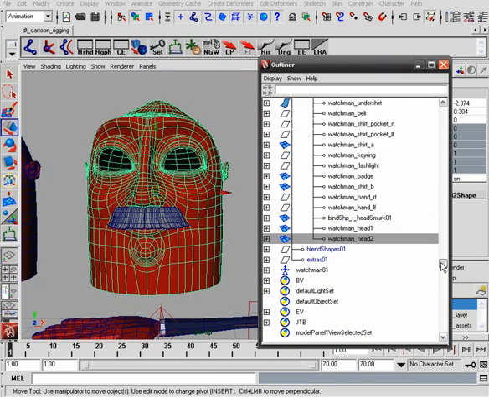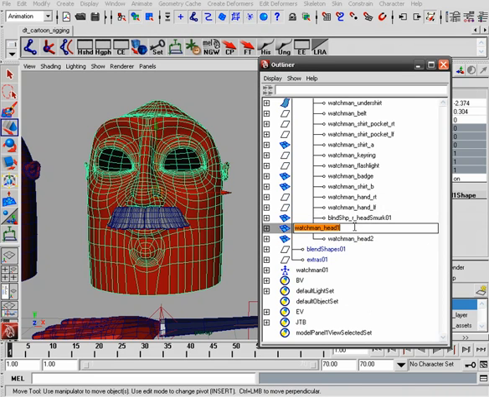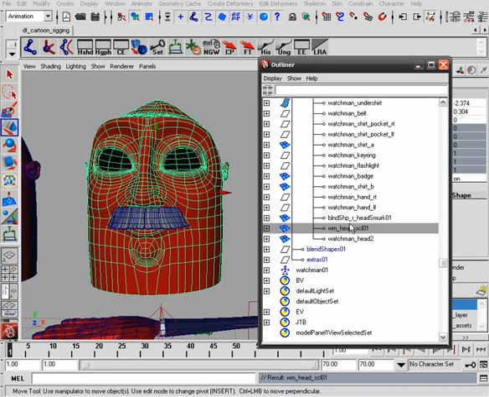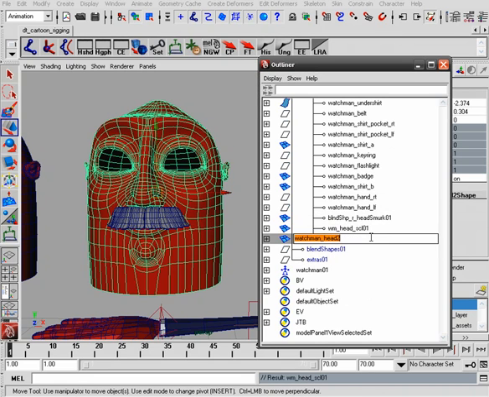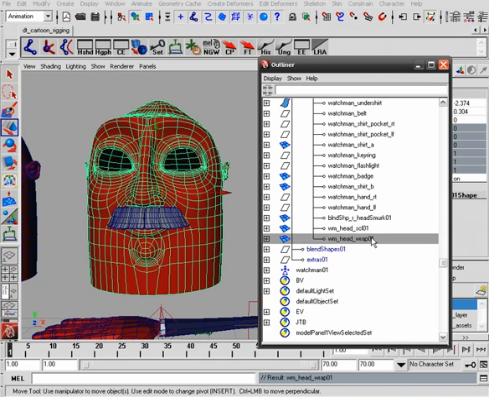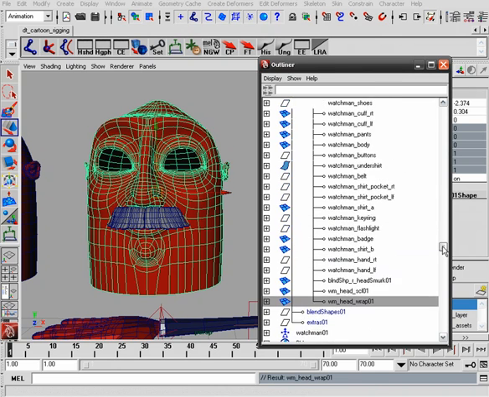For the head, what we can call that is WM_head_SCL for scale, since we know that we're going to scale this 0, 1. And then for the other one, we could call that WM_head_wrap. The reason why is we're actually going to be using a wrap deform for this. Okay, so with that now renamed, actually,